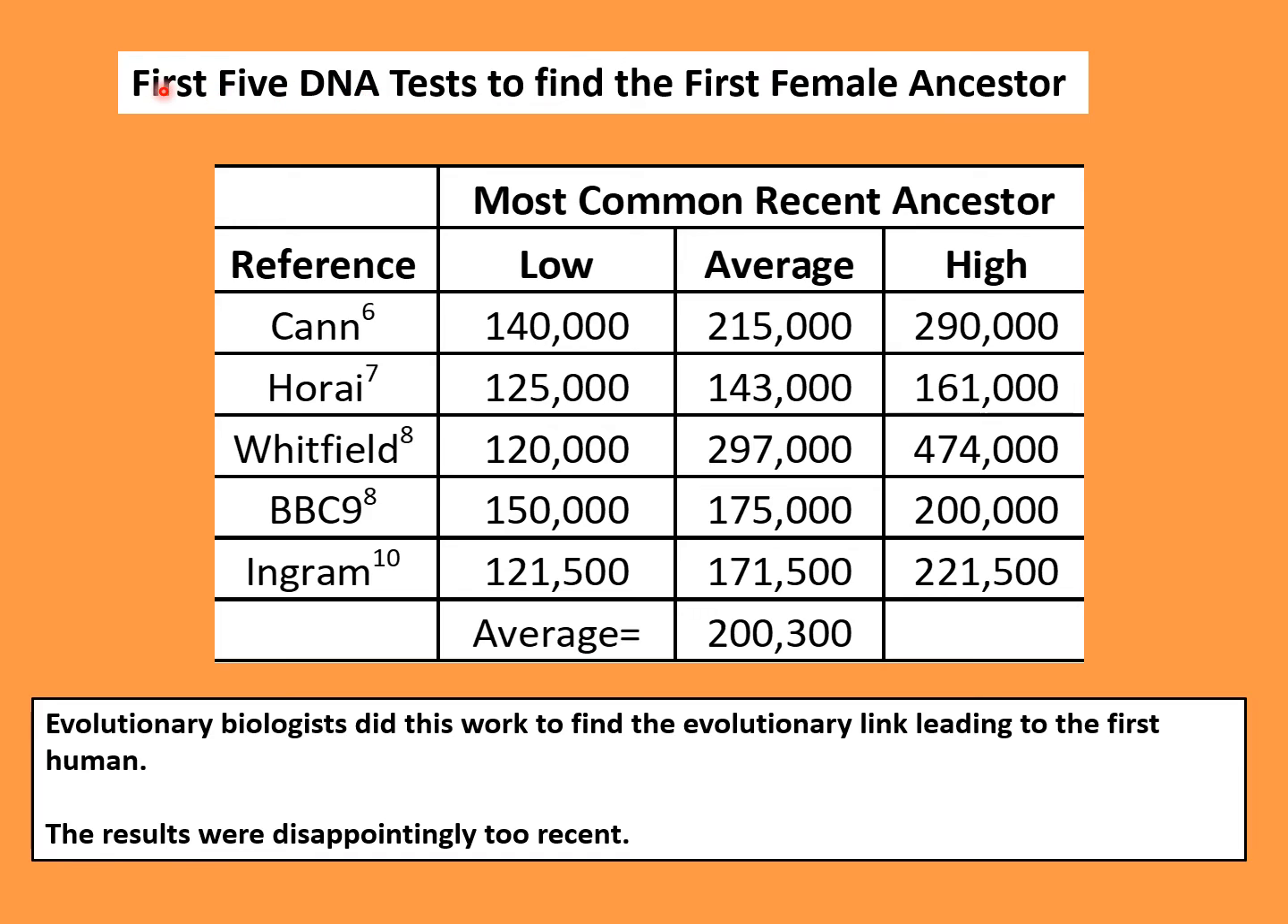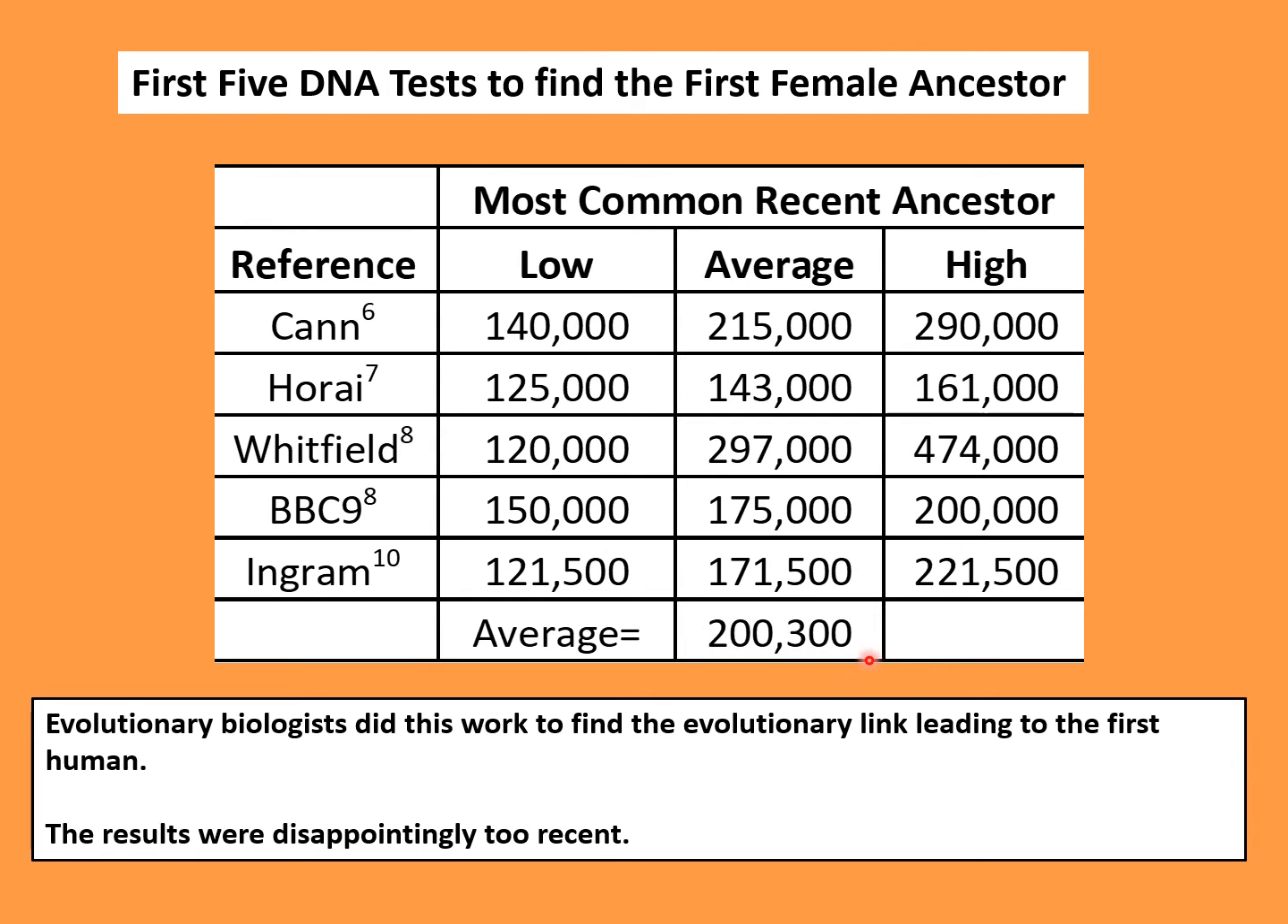Here is the result of the first 5 DNA tests that were done to find this first female ancestor. And you can see these 5 authors did these tests at various universities around the country, mostly, I believe, in the United States. And you can see the average value they got from their tests, and the low and the high. So there's a little bit of a range here, between an average of 121,000 to 221,000, but the average of all of these data together shows that it is expected that this first female lived about